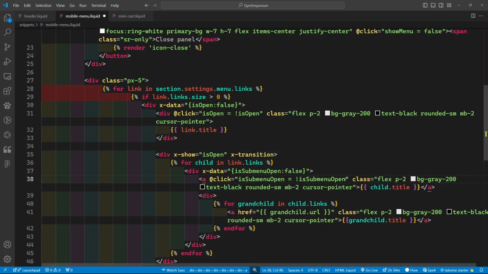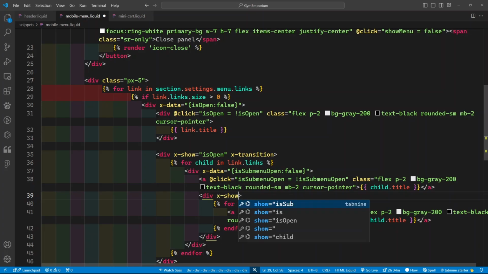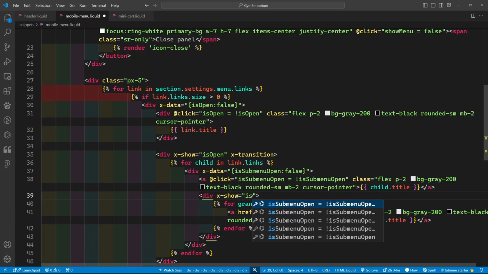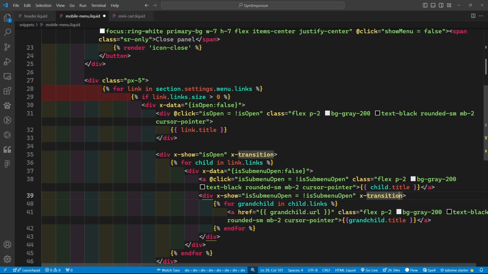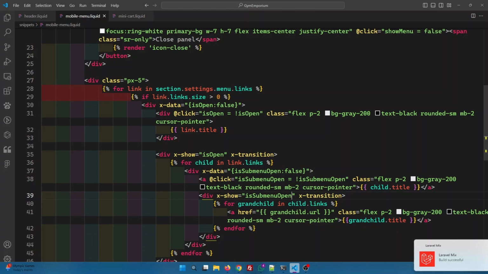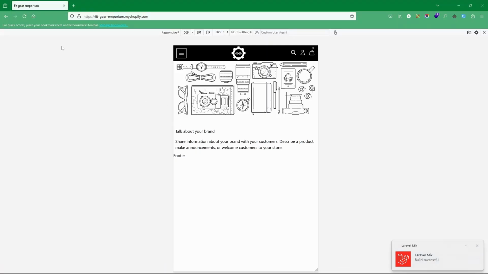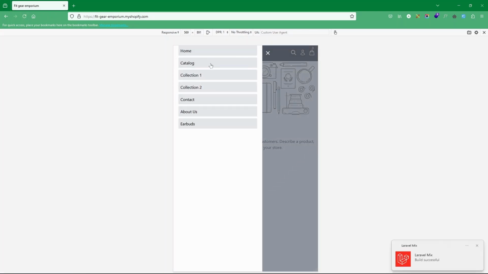Okay, so we can add some transitions here also. Here, like here, add x-show, and it will be displayed only if isSubMenuOpen is true. Let's save it and check on the front end if everything is working fine. Okay, so I think it's working. Yep,